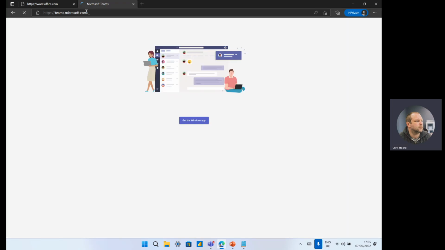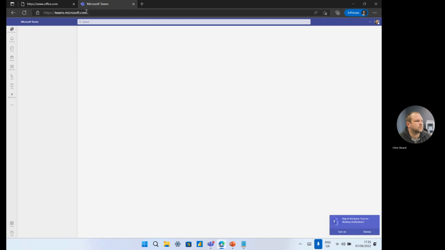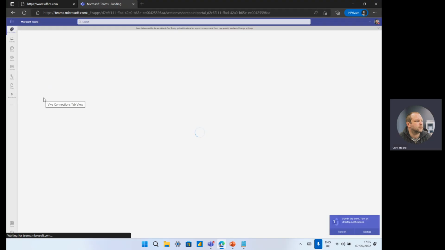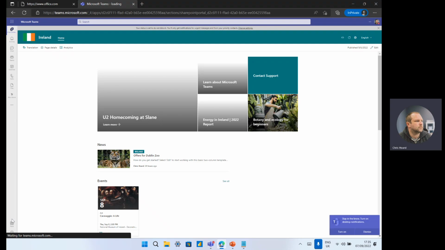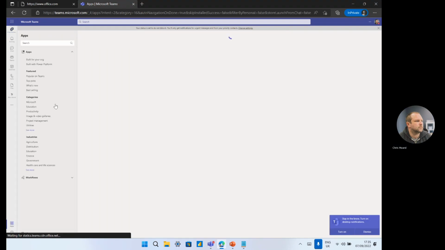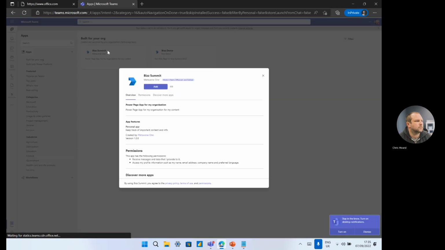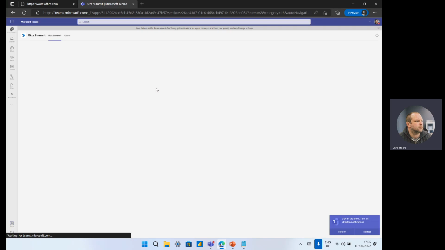Okay, here we go. So here we are in Teams. Let's see if the app shows up. Again, it might not. Okay, if I go to Built for my org, look, it's there. I've got the ability to now add. If I add,